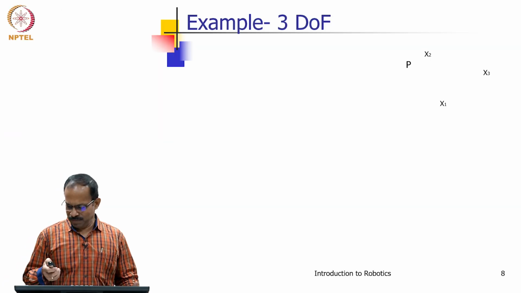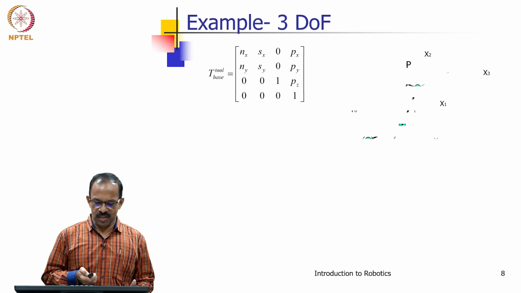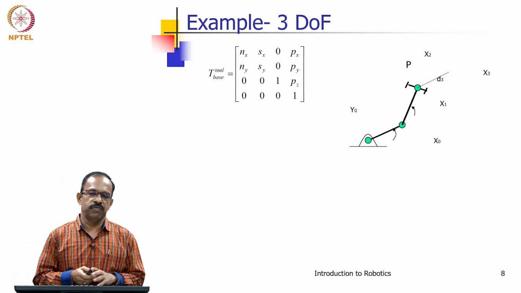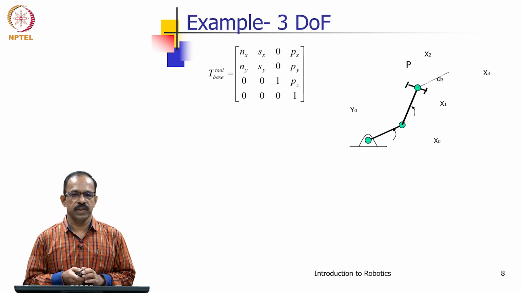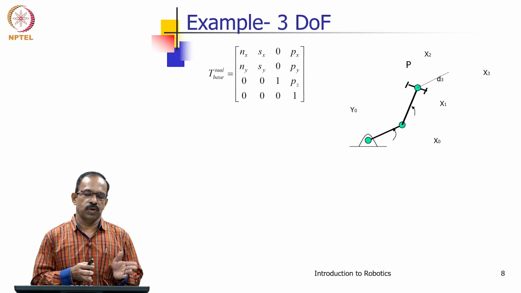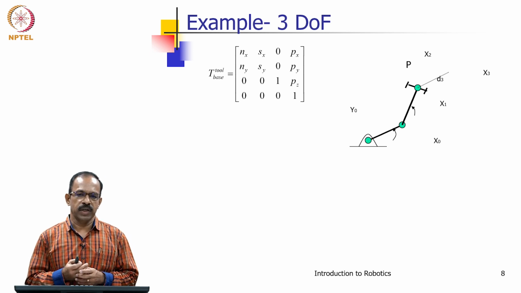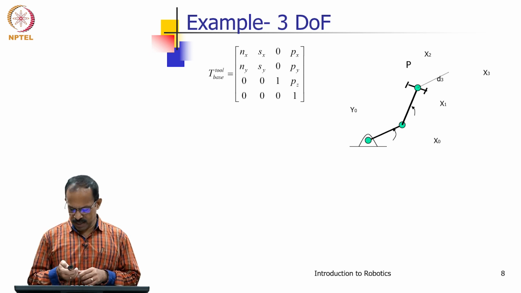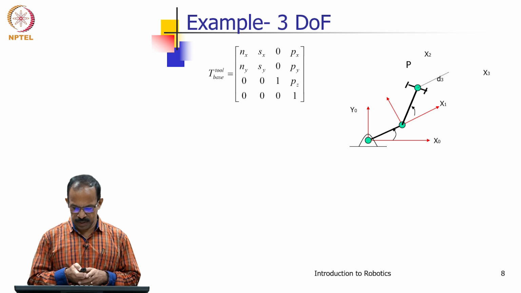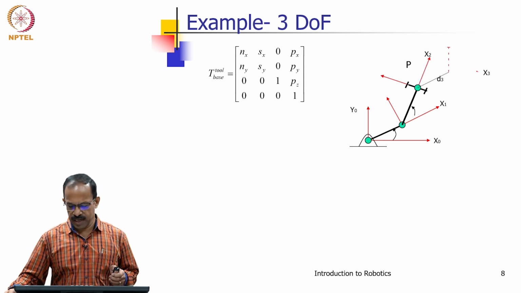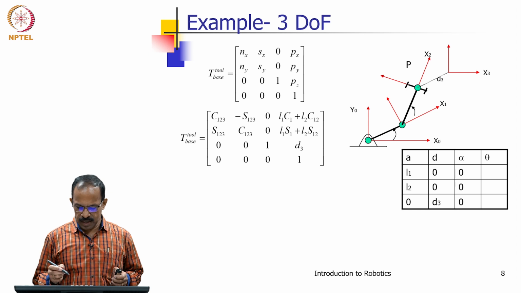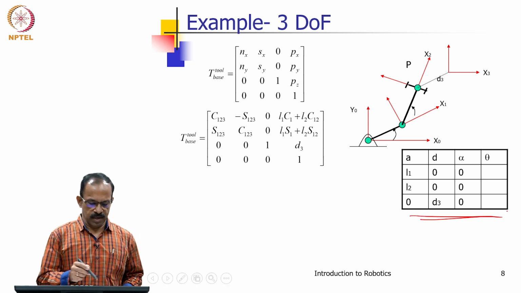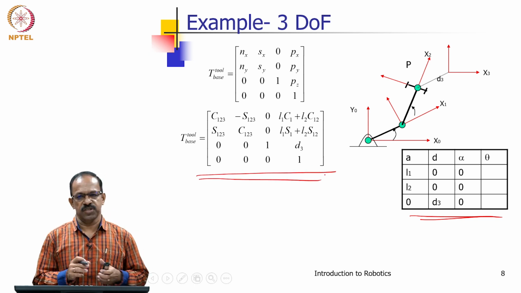Hello, welcome back. So, we are discussing the inverse kinematics of manipulators. In the last class, we briefly mentioned the method by which we can solve the inverse kinematics, and we took a very simple example of a 2 degree of freedom planar manipulator to show how the equations can be solved, and then we considered a 3 degree of freedom planar manipulator as shown in the slides, and we identified the DH parameters, and then we got the forward kinematic relationship.